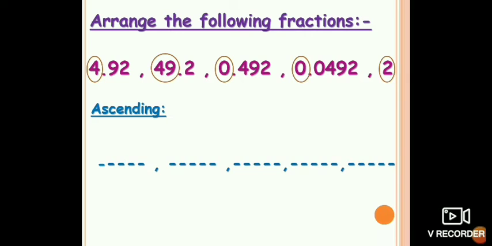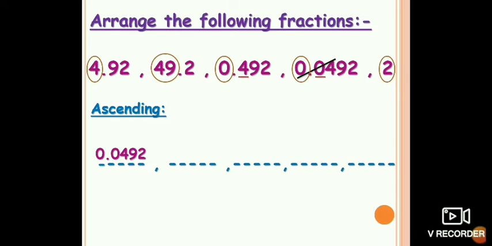Look here, we have 4, 49, 0, 0, and 2. Of course, the smallest one is the 0, but we have two numbers that have 0 in the whole number. So if the whole numbers are the same, we compare the decimal part. We start from the left, with the tenths. On the left here we have 0.4 and on the right we have 0.0. So of course the 0.0 is smaller. So we write it first, cancel it there, and write it down below. The smallest one is